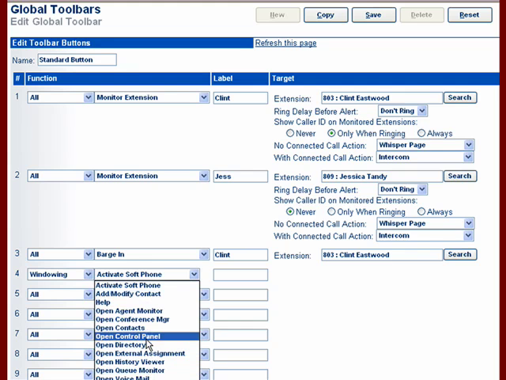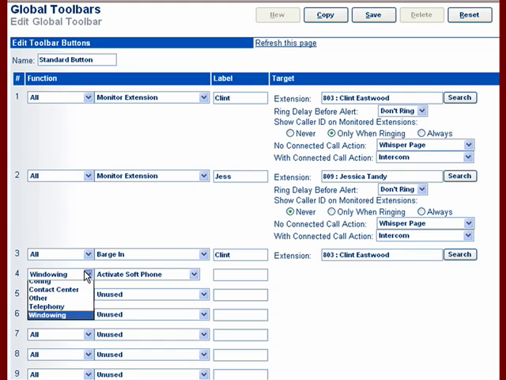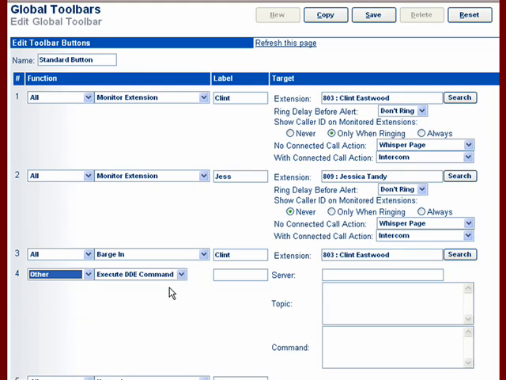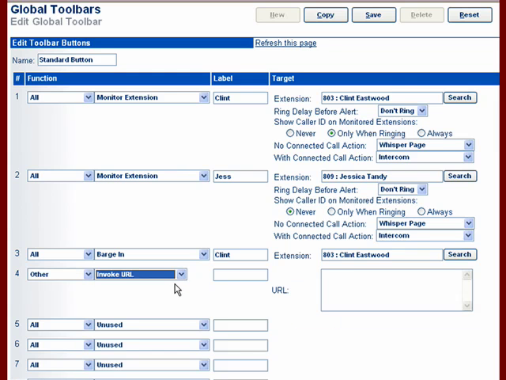There are just a variety of options that I can include that will make me go a little faster by having them appear on my call manager. For example, I can cause a button to invoke a URL. So maybe I have, if I just go ahead and type that in here,